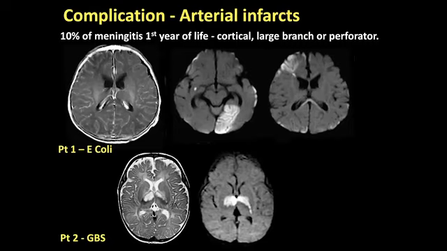So again, these two patients are neonates. One had perinatal infection and presented within the first 2 weeks, colonized from the mom, with group B streptococcal meningitis, and the second one was with E. coli. You can see in the patient with E. coli, we've got more large vessel infarcts, whereas in the patient with group B streptococcus, we've got perforator infarcts, and it's another cause of those bilateral basal ganglia abnormalities that you may see on CT. But in this case, you would probably be dealing with a neonate who had very clear features of meningitis and infection.